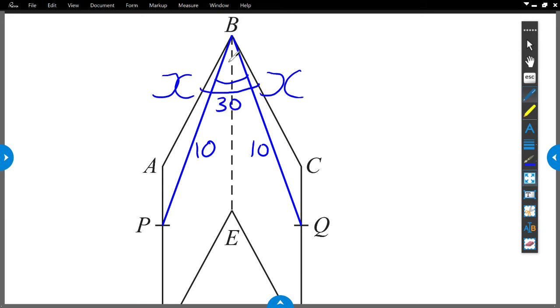Now to find what the cosine of this angle here is, it's on a triangle. If I draw a line between P and Q, it's not a right angle triangle, so we can either use the cosine rule or the sine rule. In fact, it's possible to make this into a right angle triangle. I could extend that down and then consider half of it. So it could be possible to do it that way. But I'm going to put the cosine rule route here because I have two sides, the angle in between and